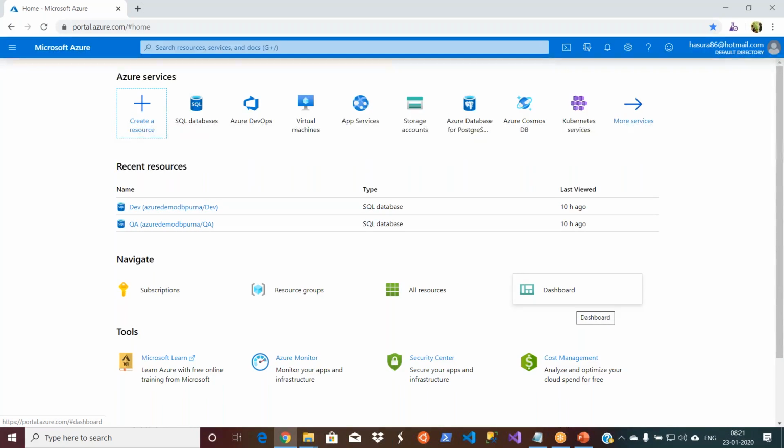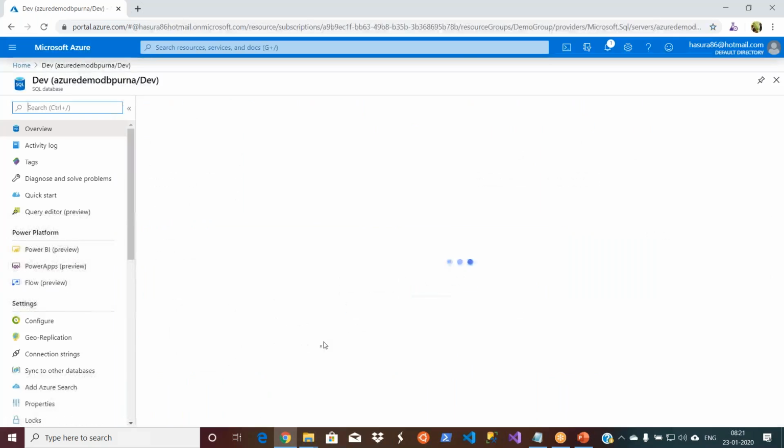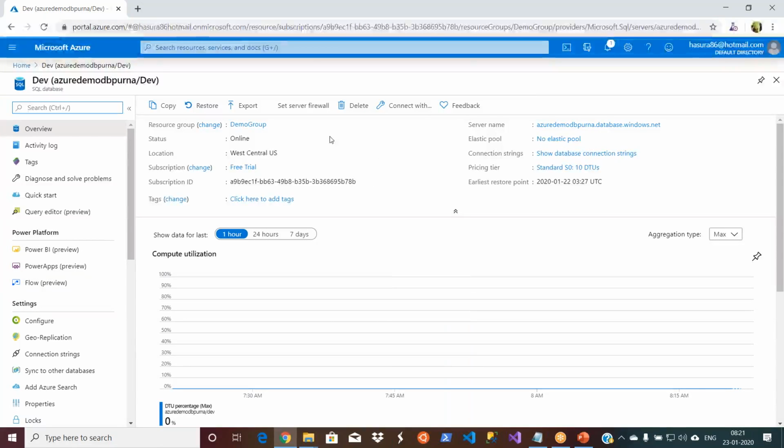Again, I may have to restart my Visual Studio and my laptop, which is unnecessary time spent. So now I have these databases, which are the things I created. First, let me add my IP address to this Azure SQL so that my laptop will be able to connect to it.